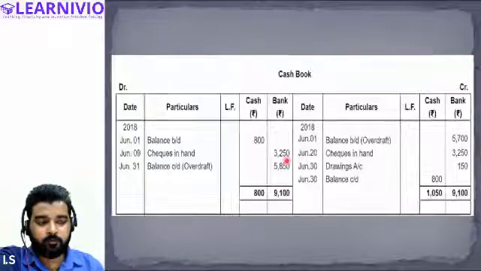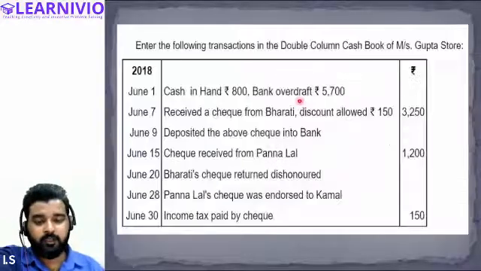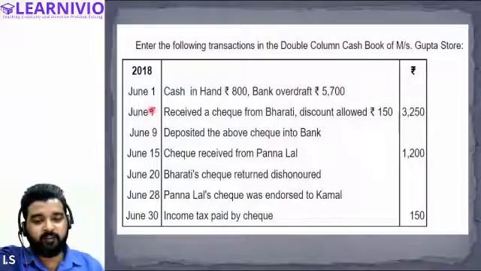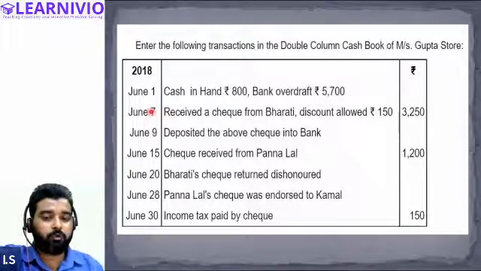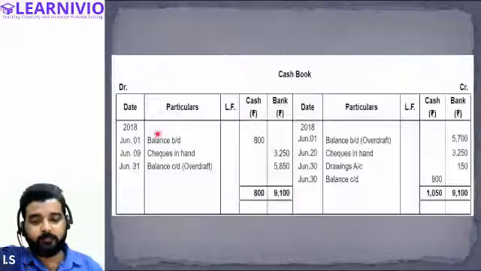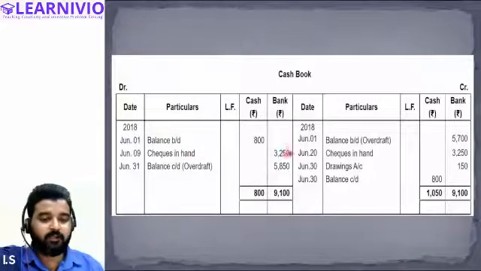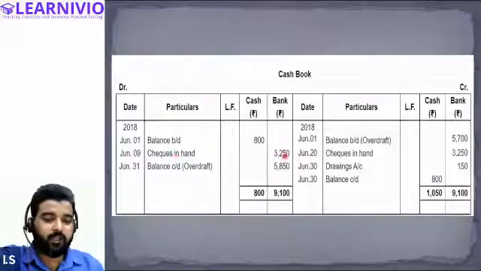Sir, but it's only check in hand, it's not deposited. Basically, on 7 June we have just received it and kept it in hand. We are not depositing it into the bank account on 7 June. Now on 9 June we are going to the bank and depositing it. So we will write it as check in hand, to check in hand has been deposited into bank. So it will raise the bank balance by 3,250. It will be written like this: check in hand 3250.